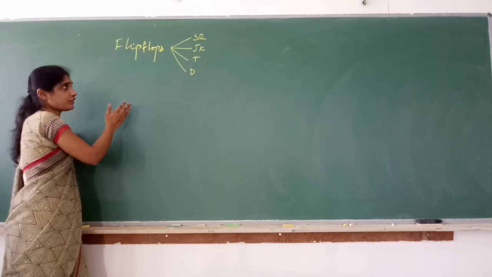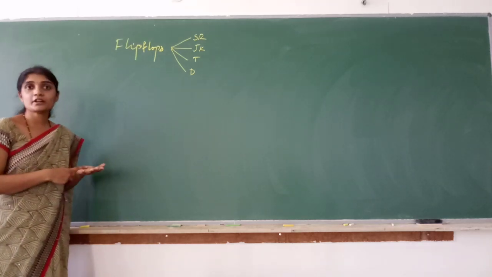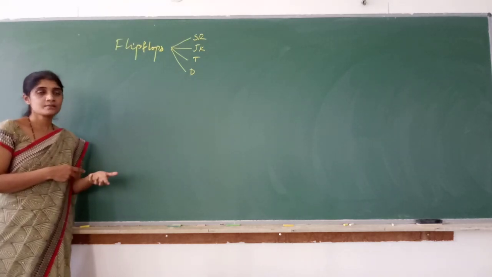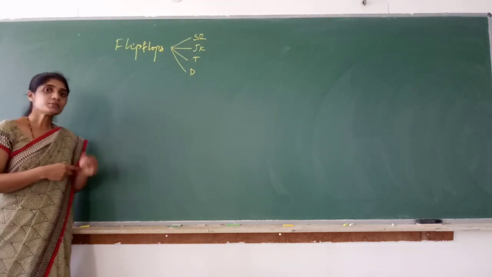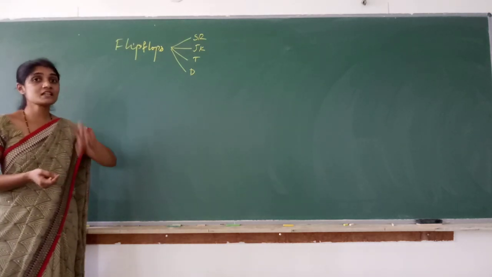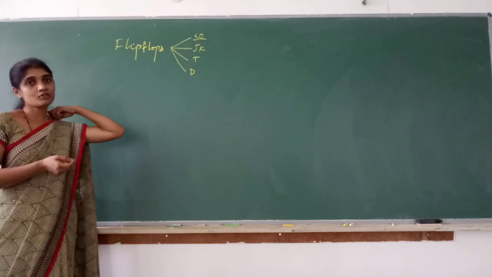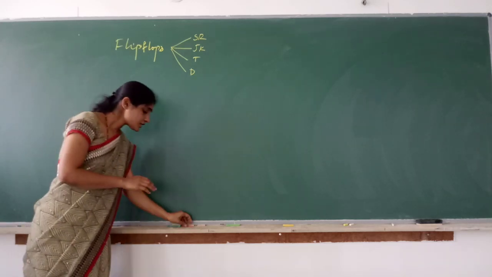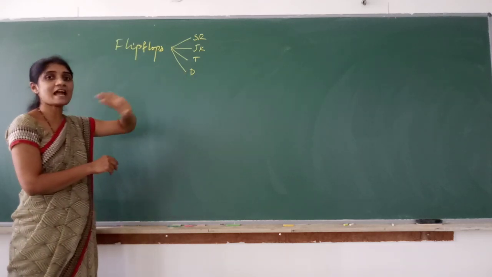In your textbook, if you are comfortable with any other flip-flop circuits, they can be implemented using NOR gate, NAND gate, and you will find different circuits with different gates. If you study any of the circuits, you can write that. But sometimes in the exam they clearly specify: write the SR flip-flop circuit diagram using NAND gate, write T flip-flop circuit diagram using NAND gate. In that case, whatever gate they give, a suitable circuit using that gate has to be written. But here, to explain the concept, I will be giving the circuit for SR, JK, T, D flip-flop using NAND gate. Okay.